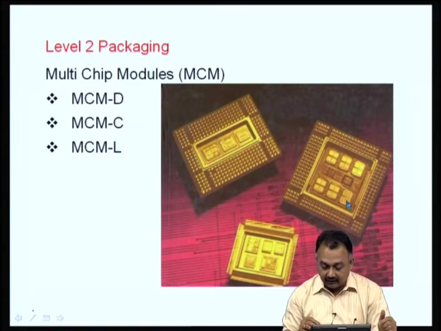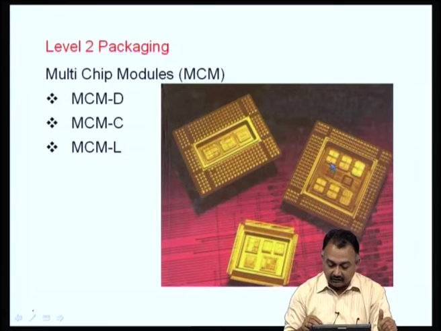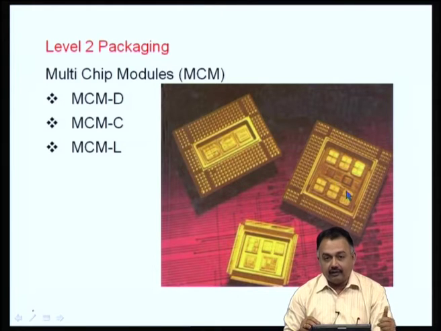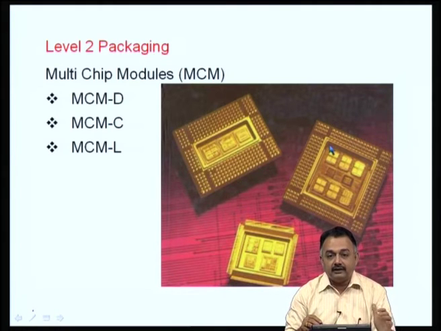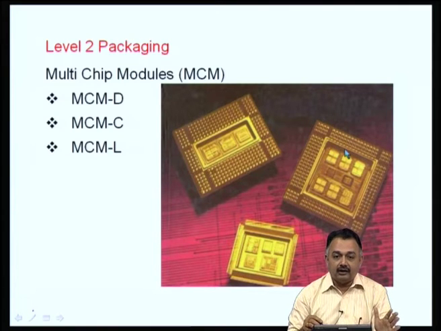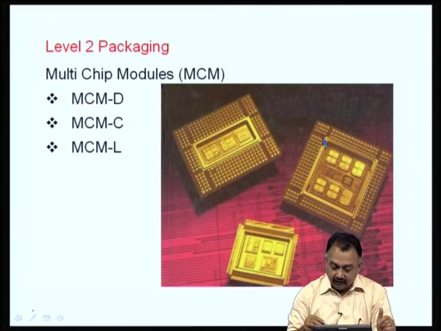So, in this particular die you can see more number of devices, active devices are mounted on the same substrate and they are interconnected. It can be an organic substrate or it can be a ceramic substrate, and then it has got a provision for sealing. This particular area that you see will be the provision given for sealing the dies, totally isolating it from the external environment, okay. And then you can see the IO pins. So, this is also one such example.